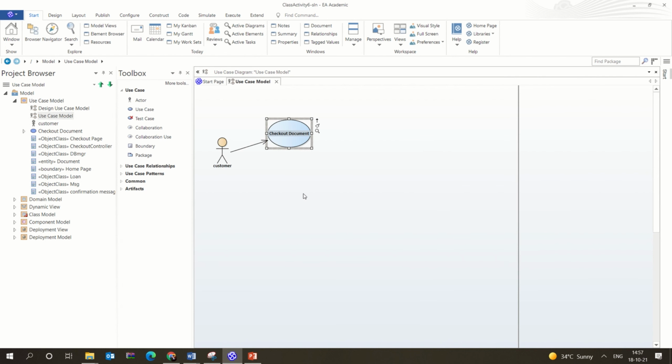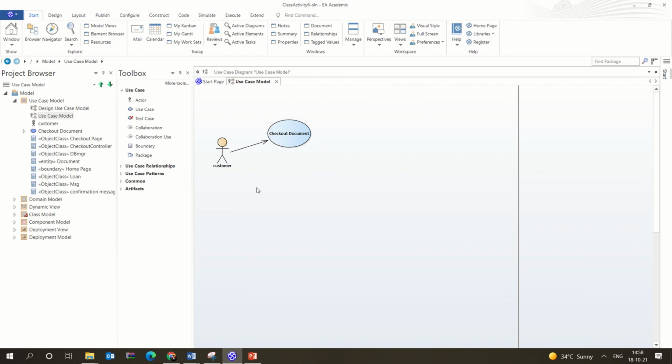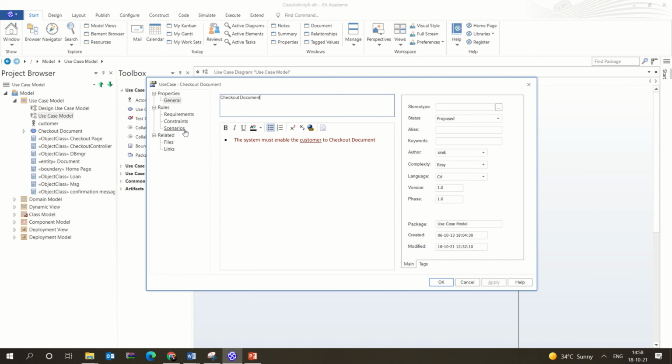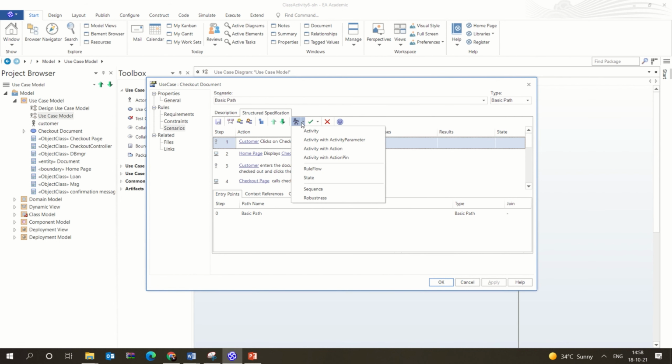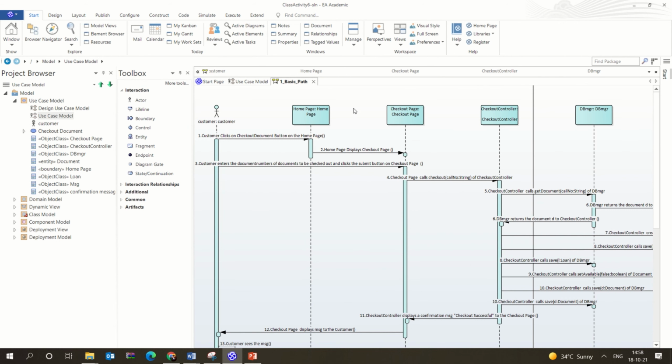And one more concept which you have to understand in the sequence diagram is that you have something called alternate path. So this is something like, say if the pin is not verified, then you have to take another path. You have to tell the customer or eject the card. So for that, you can actually add something called fragments. Okay, so you can add the fragments and you can create the substitute paths. So that is something which you have to understand. Here if you click on this one, you can create the sequence diagram. So the sequence diagram is created.